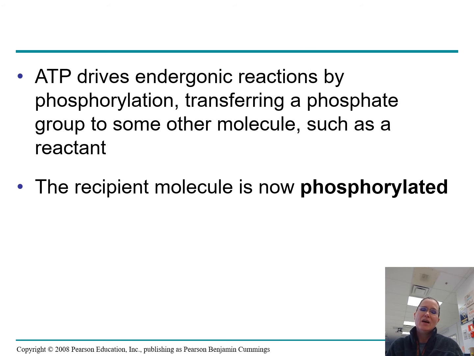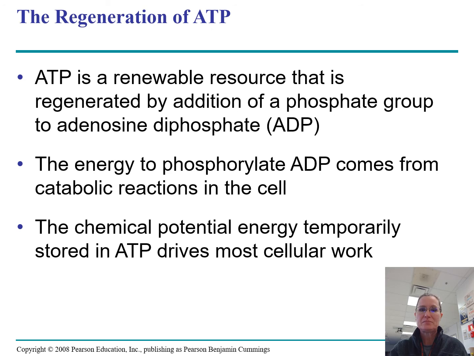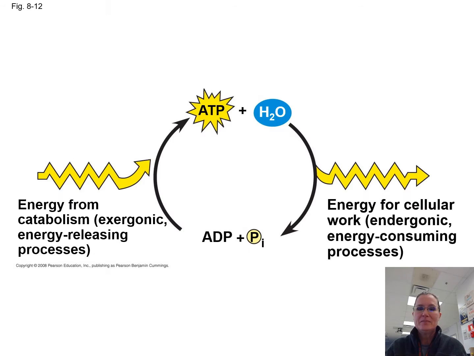Alrighty, one of the big things that we'll talk about is that our body likes to shift around the phosphate groups. Whenever you pop a phosphate onto something, you are phosphorylating it. It's exactly what it sounds like. This talks about how if we take ATP and break the bond, we have ADP and inorganic phosphate, and then we form the bond and store the energy, and then we break the bond and use the energy, over and over and over again. That's what it means when it says it is renewable, or regenerated is a word you might see. This shows that in a graphic form.